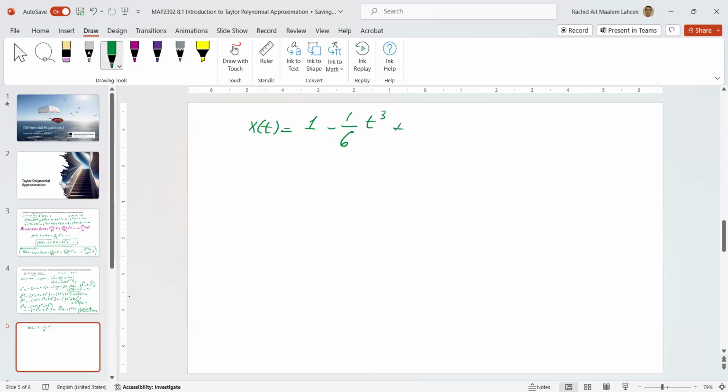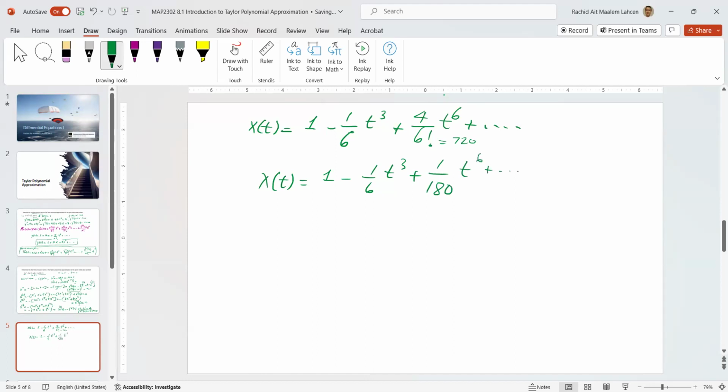The sixth one, we have a positive 4 over 6 factorial, t to the sixth. So x of t is 1 minus 1/6 t cubed, and 6 factorial is 720, and 4 over 720 is, I think, 1 over 180